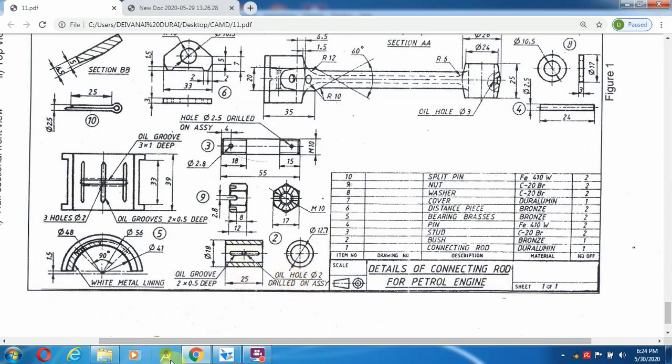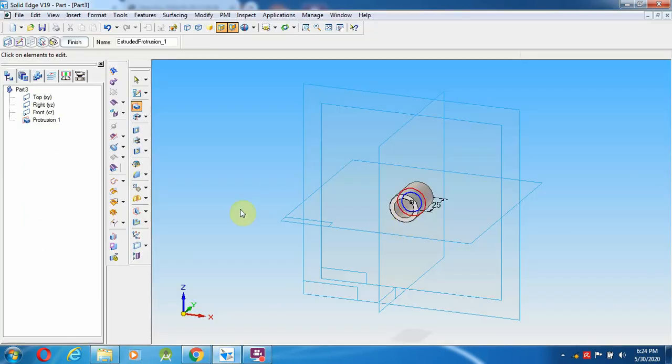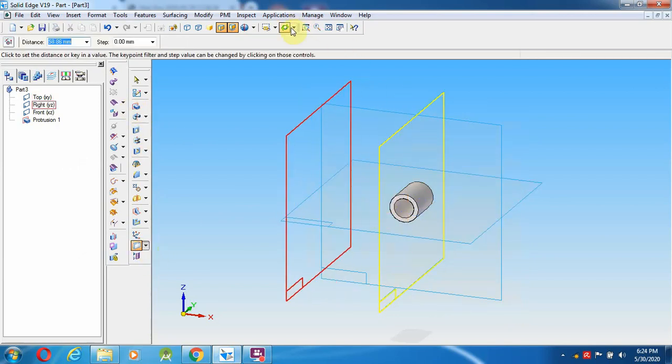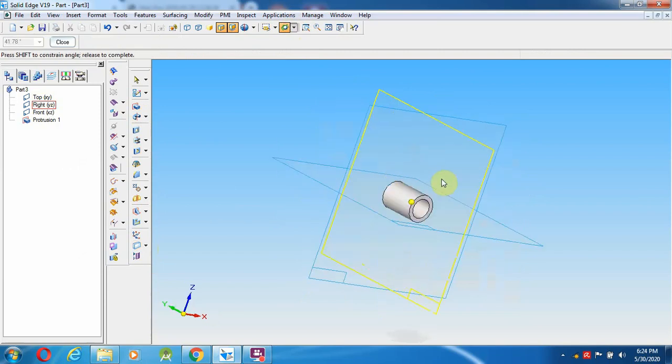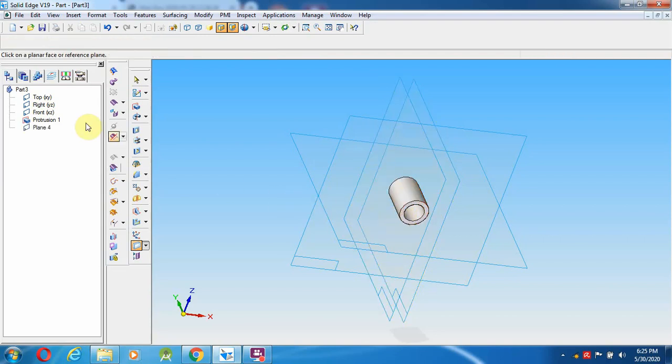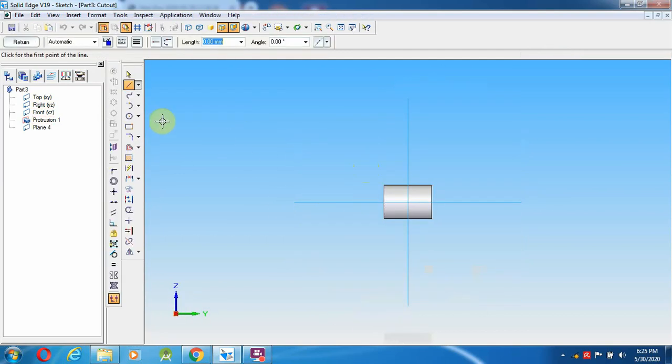For this, go over here, select a plane, a parallel plane, exactly from here, and I'm going to rotate it from this end. Exactly in the corner I'm going to keep it. Select the cutout option. This is the surface I'm going to cut.